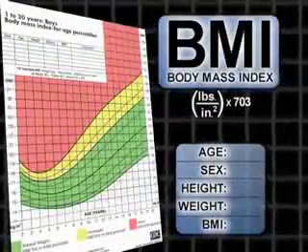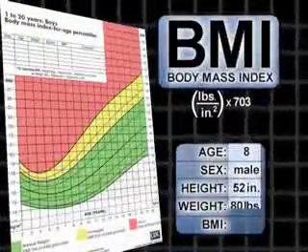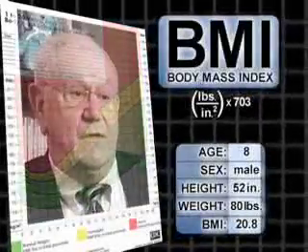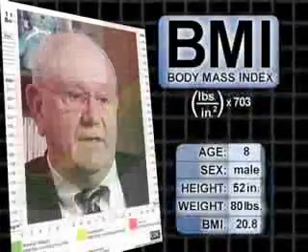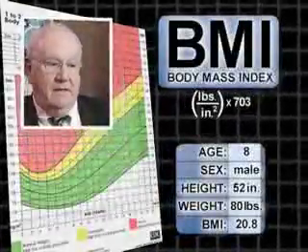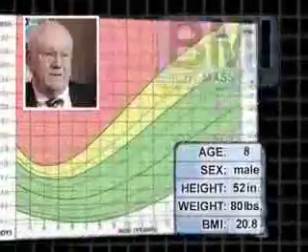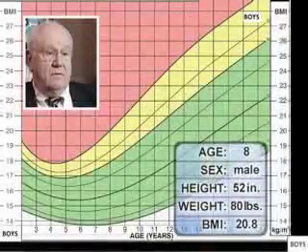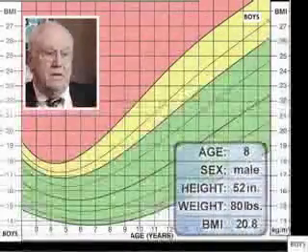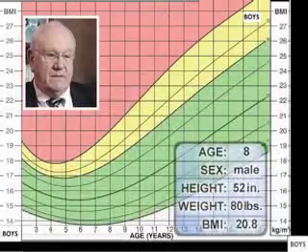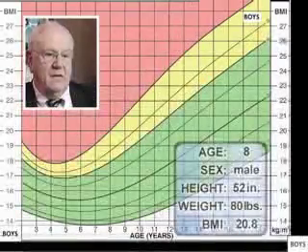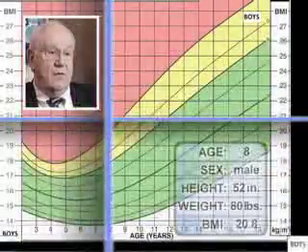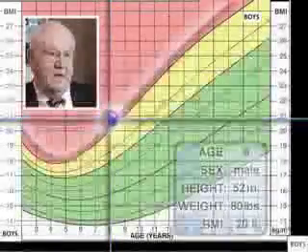Here's an example. An 8-year-old male is 52 inches tall and weighs 80 pounds. The patient's BMI is 20.8. Let's use this example to illustrate how BMI percentile is affected by changes in height and age, while the weight remains constant. This patient is a boy, a male, whose BMI is 20.8. The only way to gauge his risk for obesity is to analyze this BMI percentile with respect to age. A BMI of 20.8 places an 8-year-old boy at the 97th percentile.